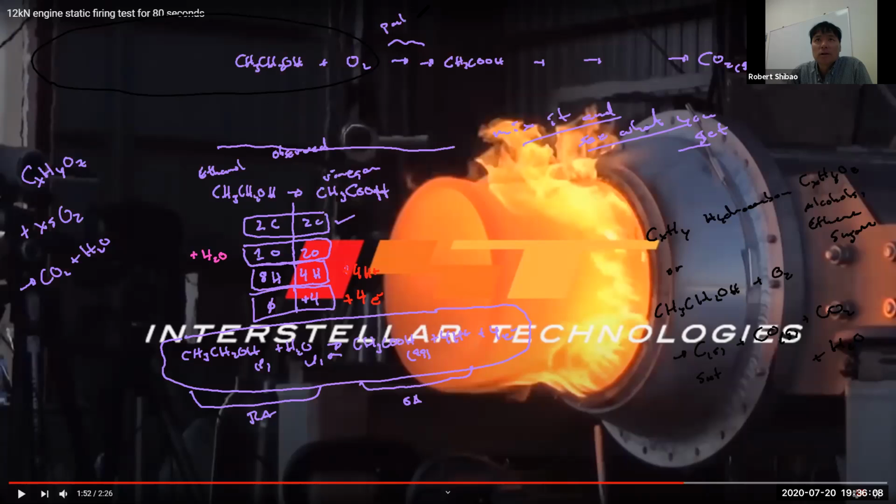Now, how do we get partial oxidation with oxygen? Oxygen is a powerful oxidizer. The way we get partial oxidation is we alter the conditions. Certain things change the conditions, like concentration. Here they're using highly concentrated oxygen, which is liquid oxygen. There's very little empty space. And then they're force feeding it into this rocket engine. Here, the conditions change. And so we have partial oxidation. So we can use a powerful oxidizer like oxygen, but under conditions of low concentration or low pressure.